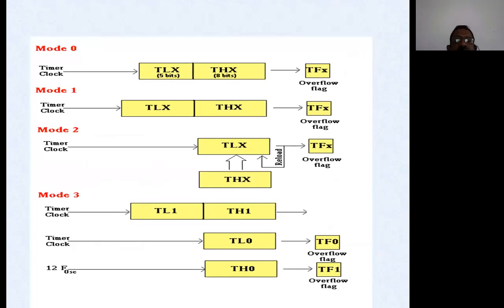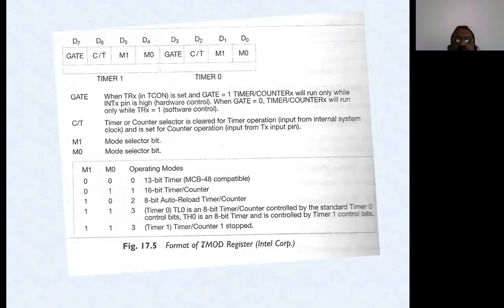Reloading is normally done like this: 5 is stored in the higher order timer bits, and at the initiation of the operation, this 5 is loaded into the lower order bits. There will be a decrement counter, and this 5 will be reduced by 1 after every execution of the timer operation. That means the timer application is going to get executed 5 times.